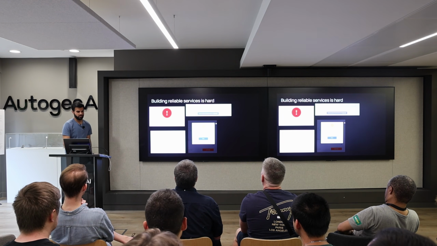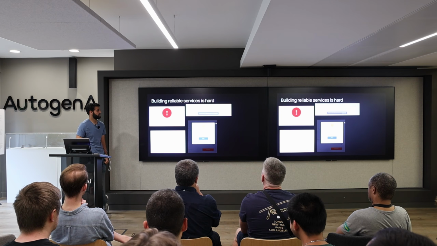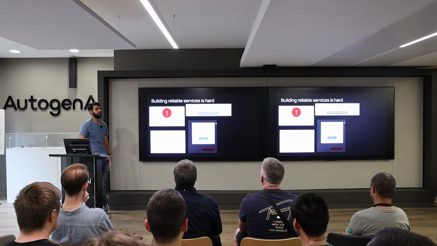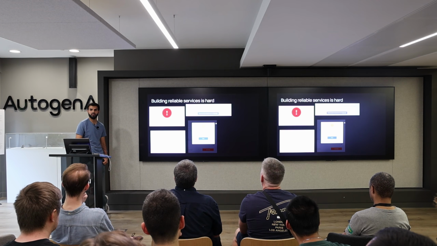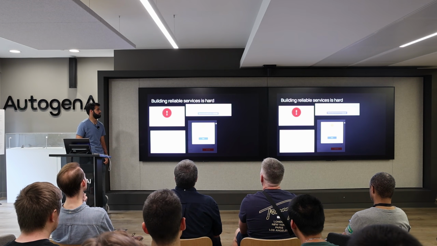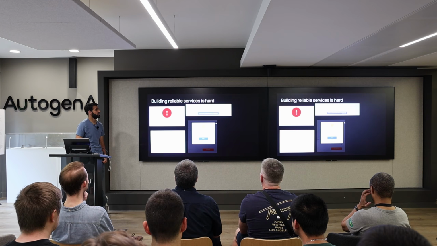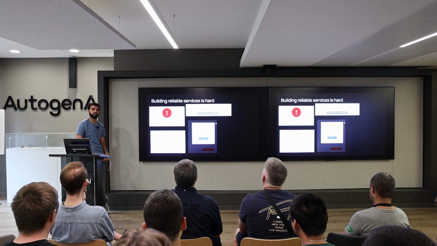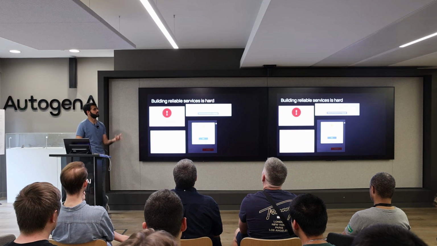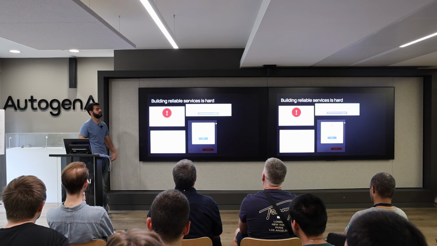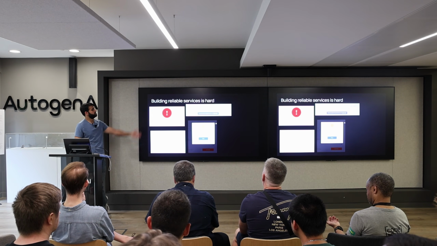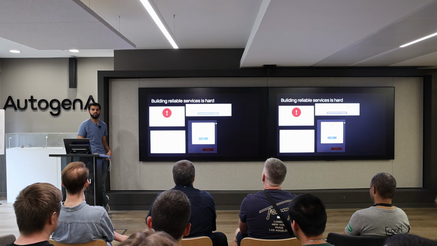So, as we all know, building reliable services is hard. A lot of the time you get things like double booking when you're trying to pay for something or reserve something. Sometimes you get payment failures. You're trying to reserve for something in a high traffic or highly contested product item. You get reservation error. And then sometimes just the network is down and you have to retry after retry. And then, this is what the user usually sees.